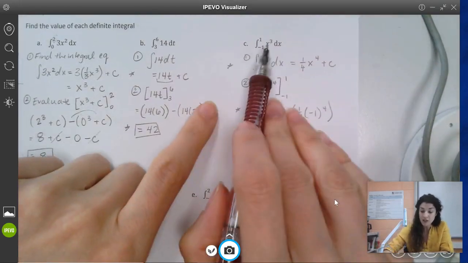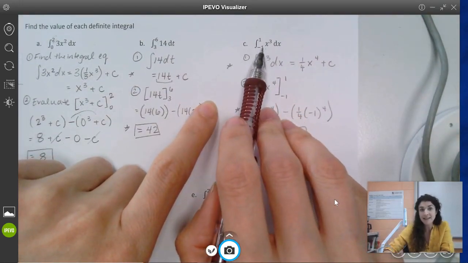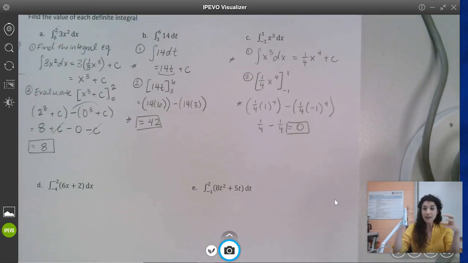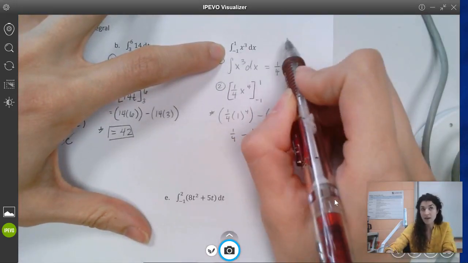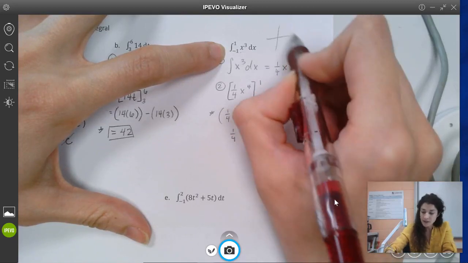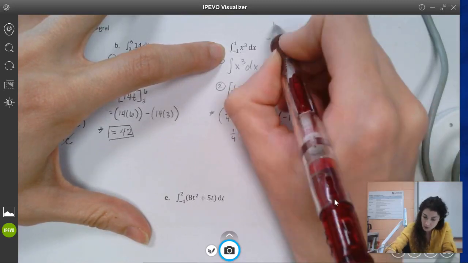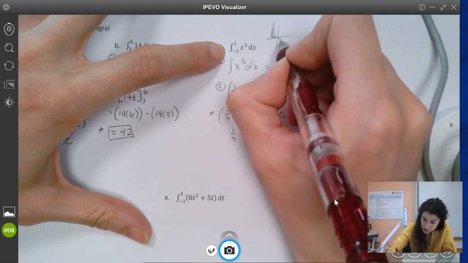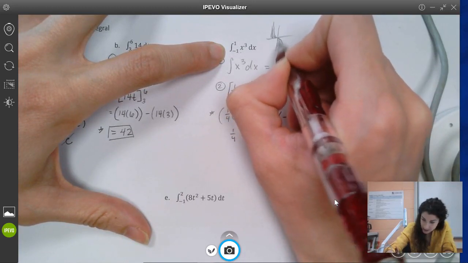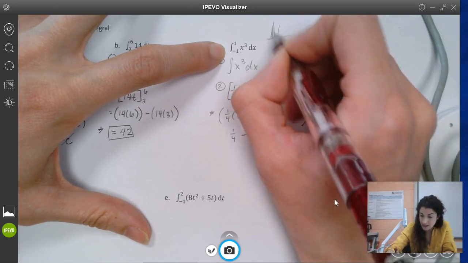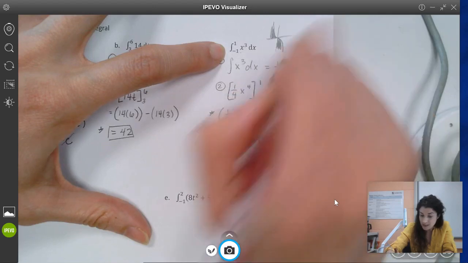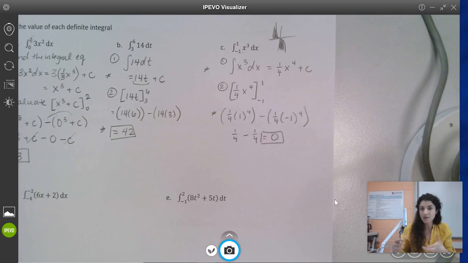For symmetric equations, and bounds that are also symmetric, think about it in regards to what is going on. It's not symmetric across the y-axis, sorry. It's symmetric across the line y equals x, but it looks like this. And so if you have this area right here, which is actually equal to this area right here, this area would cancel out with this negative area. So that's why you would get 0, is because it's balancing out areas in the negative and the